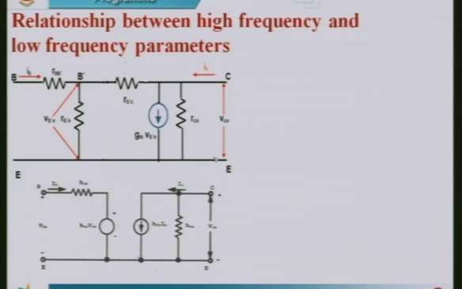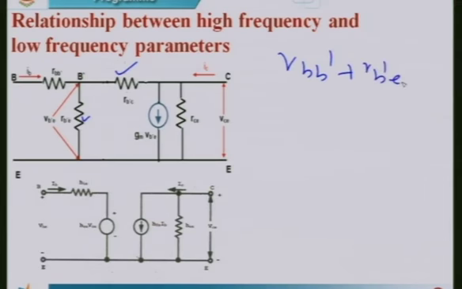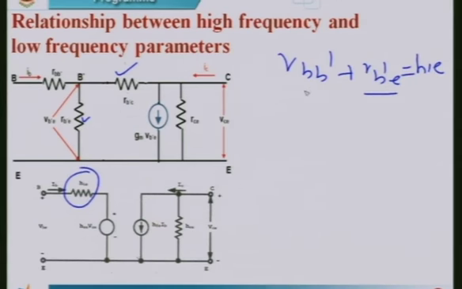Now, we have found this value and we have found this value. Then what is rbb'? rbb' is nothing but the base spreading resistance. When you are applying KVL to this path, you are going to get rbb' plus rb'e, and comparing at this point, this is equal to hie. Already we know that rb'e is equal to 1 kilo ohm and rbb' is 100 ohms. Therefore, this value is equal to hie. We can say that rbb' is equal to